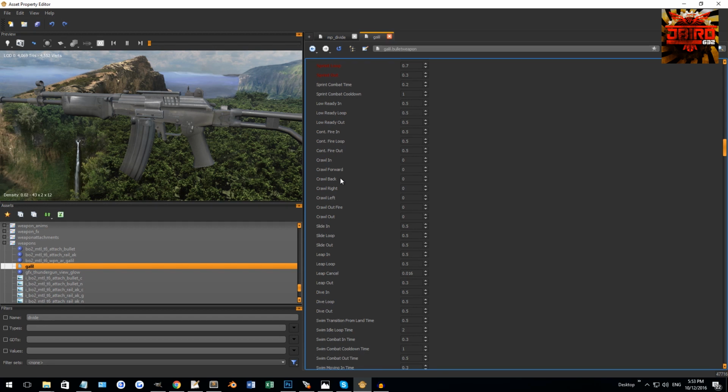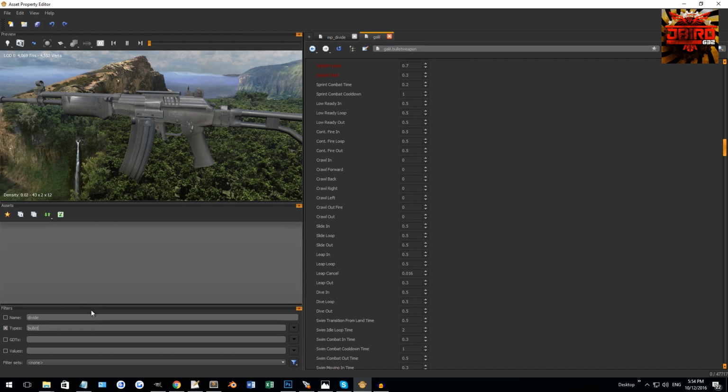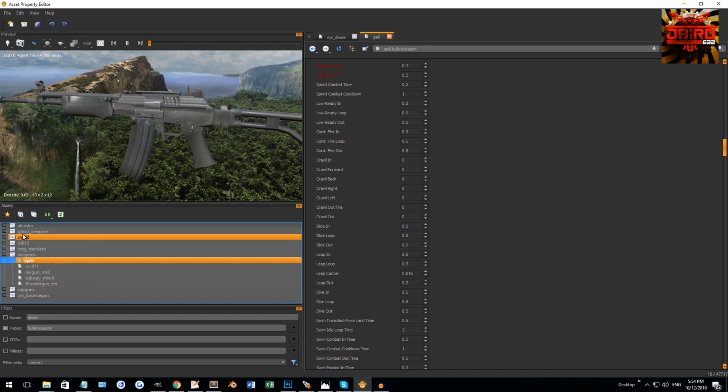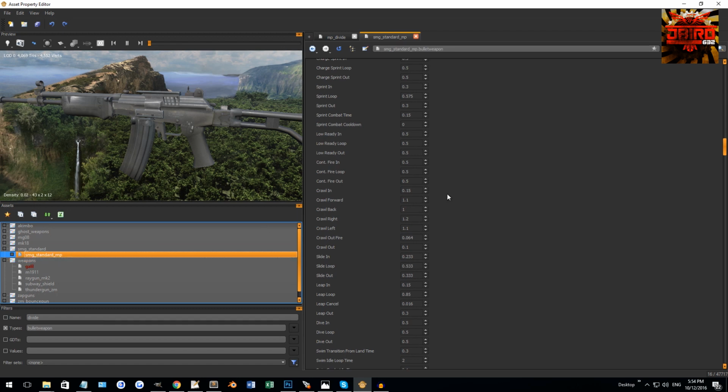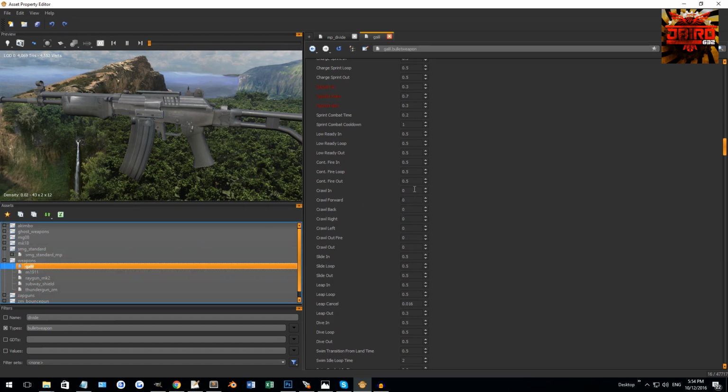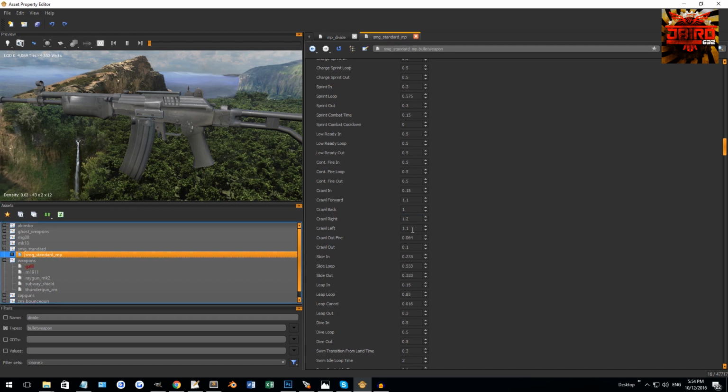See, now if I had the Black Ops 2 weapon file, I might be able to check out what that might be. What I'm going to do here is put my types on, put bullet weapon. So I still got my Galil there, but I'm going to go up to SMG standard and select on the SMG standard MP. So this is the CUDA I'm looking at. I'm just going to get a rough estimate of what crawling animation's speed should be at. So I'm just going to go ahead and change mine. So crawl in's 0.5, 1.1, 1.2, 1.1, 1.2, 1.1,